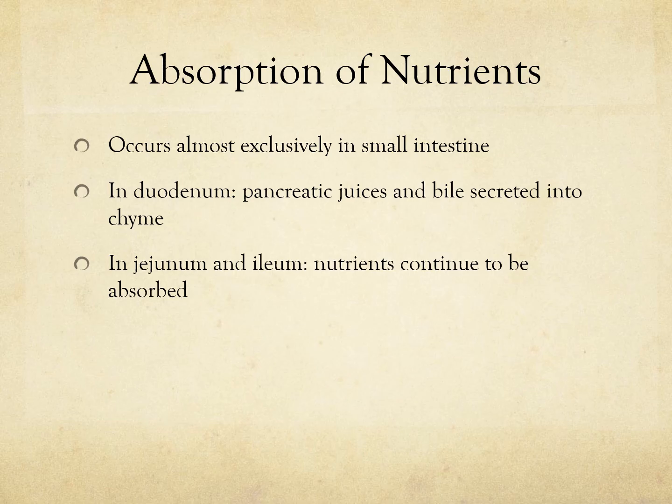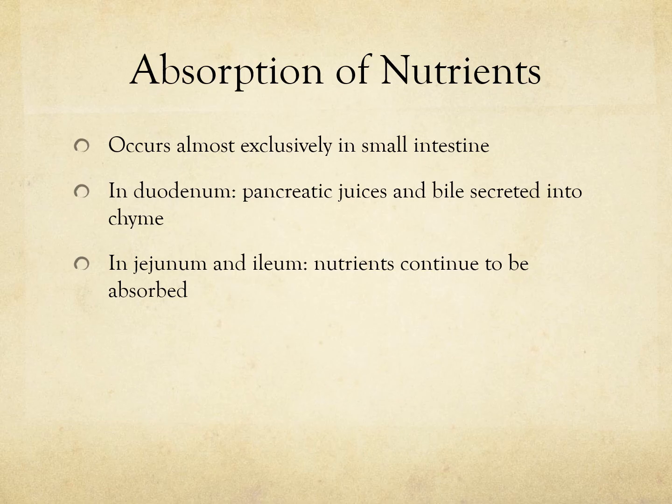Bile, which is produced by the liver and stored in the gallbladder, helps emulsify fats so that they can be absorbed more easily. This is why problems with the pancreas, liver, or gallbladder can significantly affect digestion and nutrition. Patients with gallbladder disease or pancreatitis may have trouble digesting fatty foods, and they can develop nausea, bloating, or malabsorption